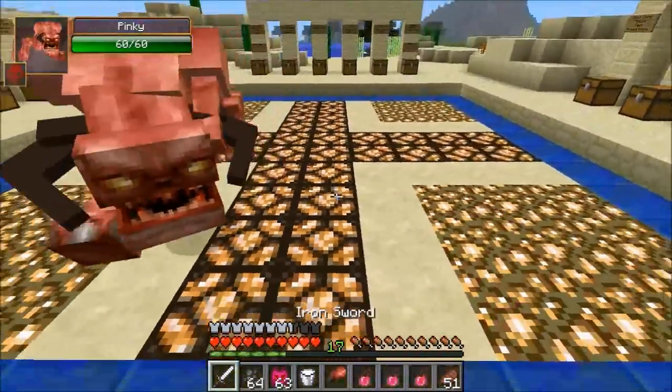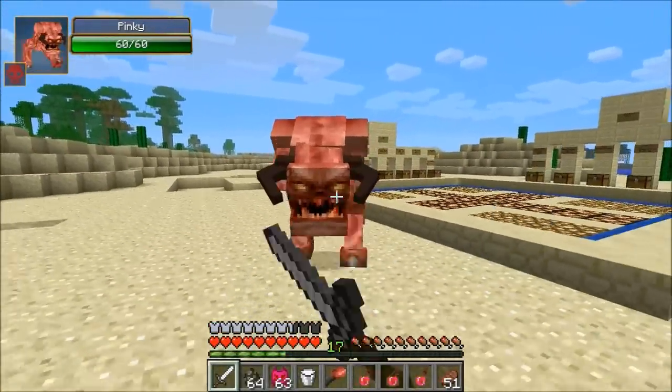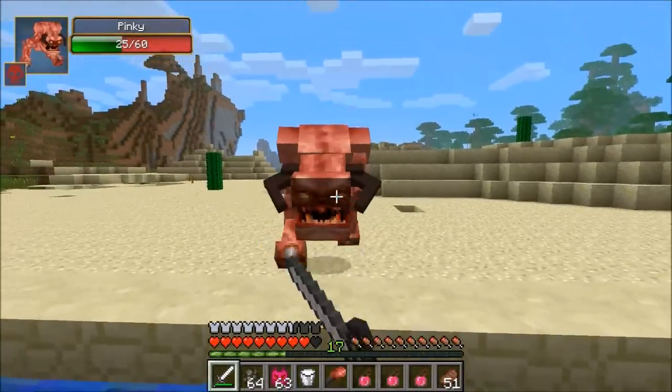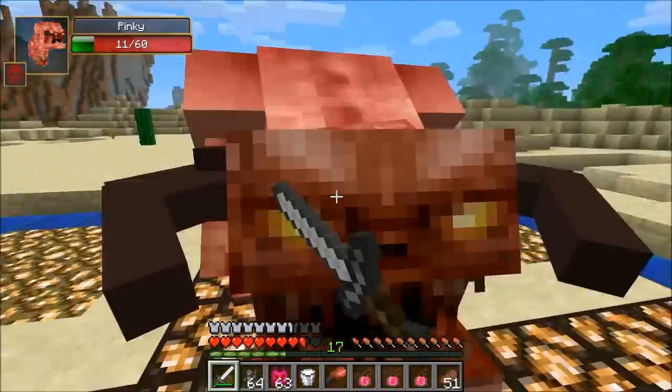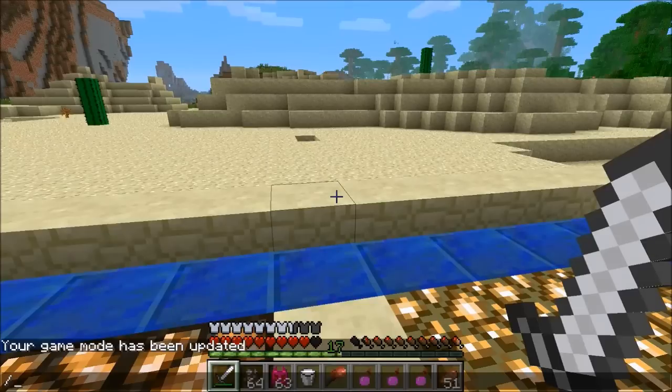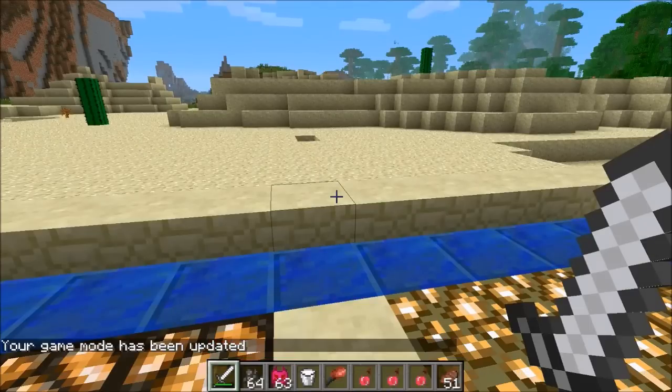There it is. Now that is one scary face. I would be running very far away if I saw that in real life. It's got 60 health. It's pretty strong too. And you'll see these things running after you in the nether. That is so scary. So what I'm going to do is switch myself into creative, and then we'll try this